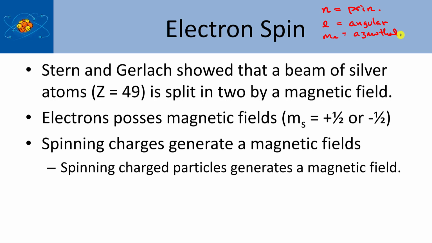And then there was a fourth quantum number, and that's m sub s. And that didn't come from Schrodinger's wave equation, but this was the spin quantum number. So to understand the spin quantum number, we have to go through and look at the Stern-Gerlach experiment just a little bit. So let me briefly set it up,